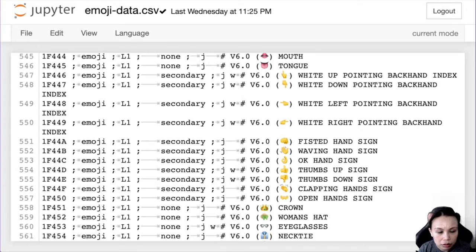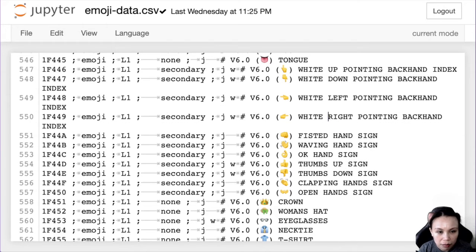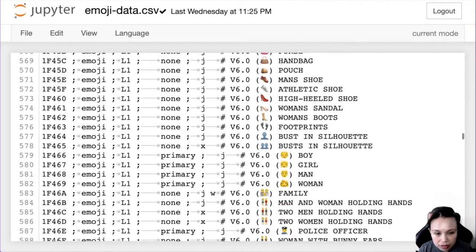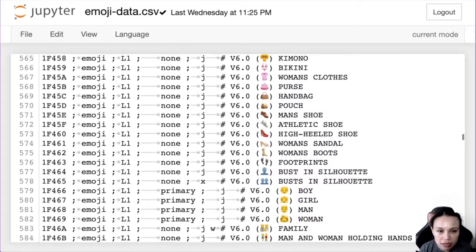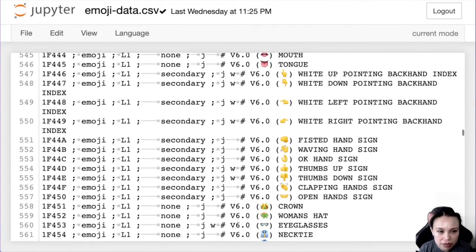Pointing down. I don't know why white and black is in there sometimes. Because if the symbol is black or white, then it creates a black dot and a white dot, right? But if it's something like that, I don't know why it's here.